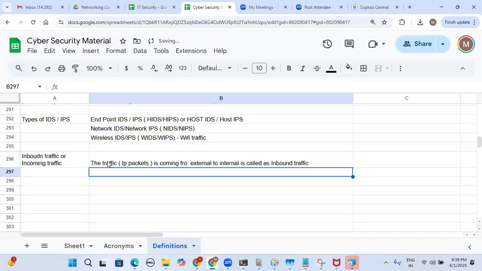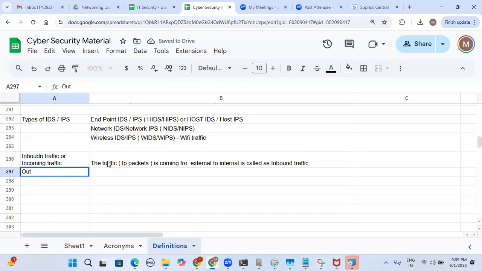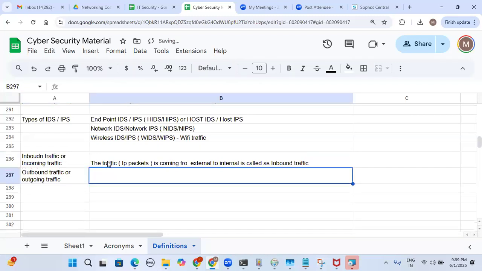Then what is outbound traffic or outgoing traffic? Just as a call going away from you to some other person is an outgoing call, here also the traffic going away from internal to external